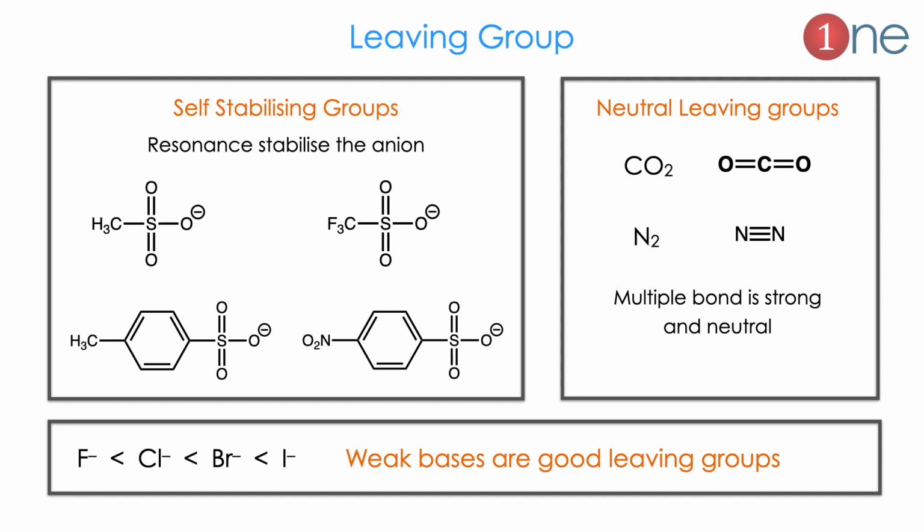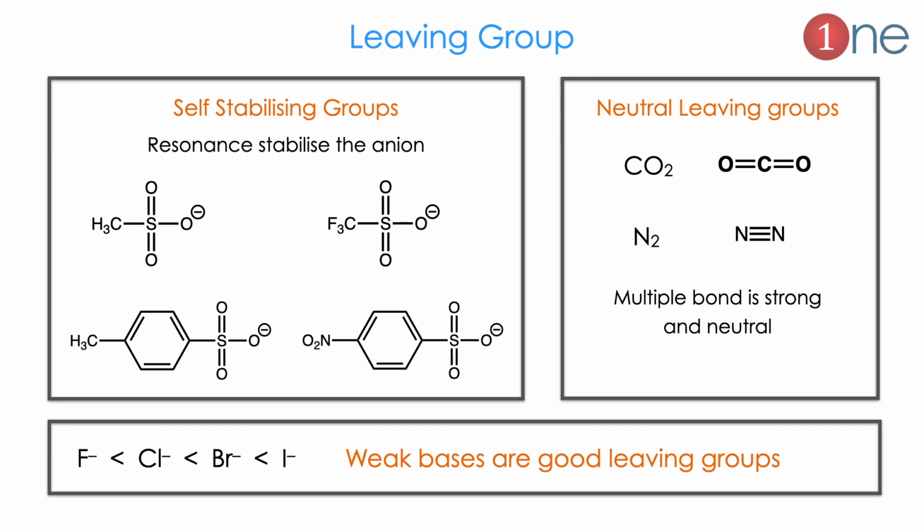Then the leaving group. Leaving group means you are leaving a particular group from the starting material. So which are good leaving groups here? Normally the self-stabilizing groups are very good leaving groups because they have to be independent, right? So they are better leaving groups. Self-stabilizing means resonance. Here I have shown the sulfonic acid derivatives, which are tosylate, mesylate and triflate, where the negative charge can easily rotate around and stabilize itself. That's why they are considered very good leaving groups.